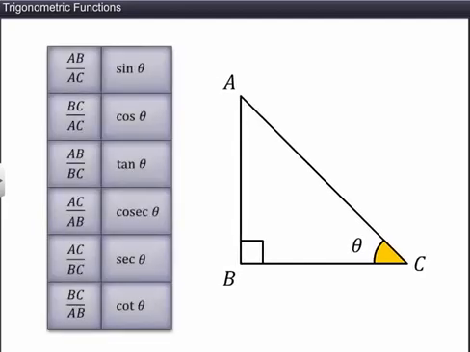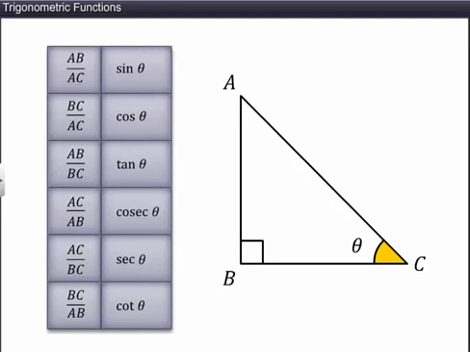That is, AB divided by AC is sine theta. BC divided by AC is cos theta. AB divided by BC is tan theta, and so on. Let's now extend the definition of trigonometric ratios to any angle in terms of its radian measure and study them